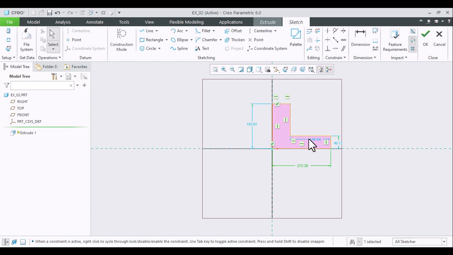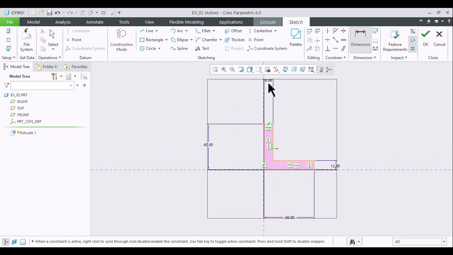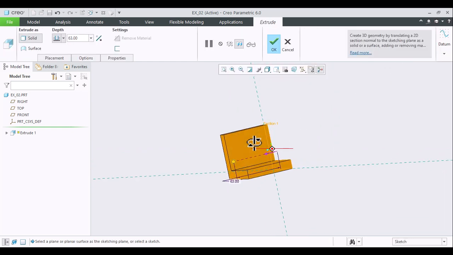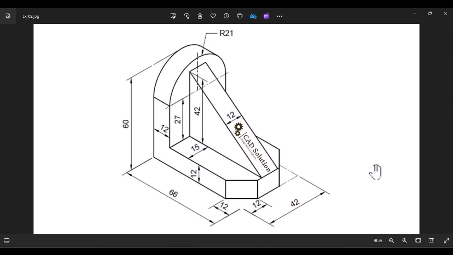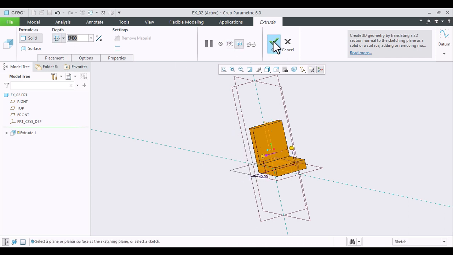That's it. I will edit the dimensions: 60 and here 66. Okay, extrude by 42 mm. I want symmetric along the plane. Okay,